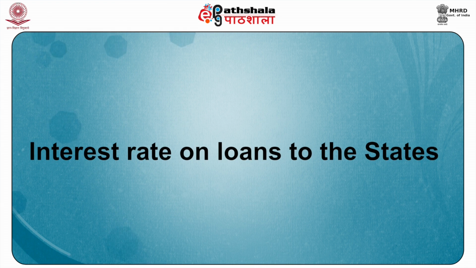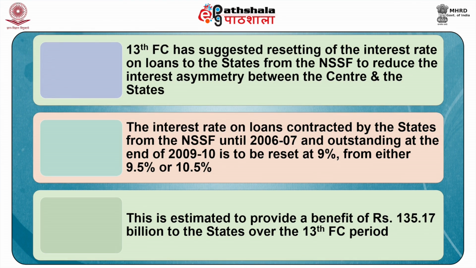Let us now talk about the interest rate on loans to the states. The 13th Finance Commission has suggested resetting of the interest rate on loans to the states from the NSSF to reduce the interest asymmetry between the centre and the states. The interest rate on loans contracted by the states from the NSSF until 2006-07 and outstanding at the end of 2009-10 is to be reset at 9% from either 9.5% or 10.5% at present, based on the date on which the loans were contracted. This is estimated to provide a benefit of rupees